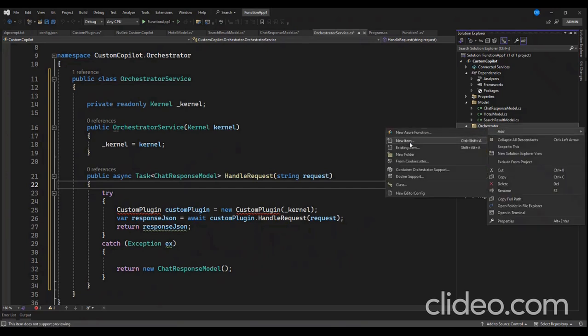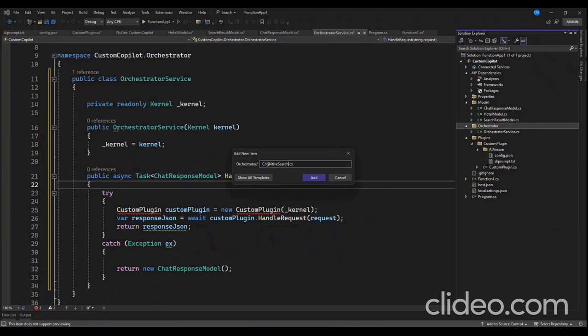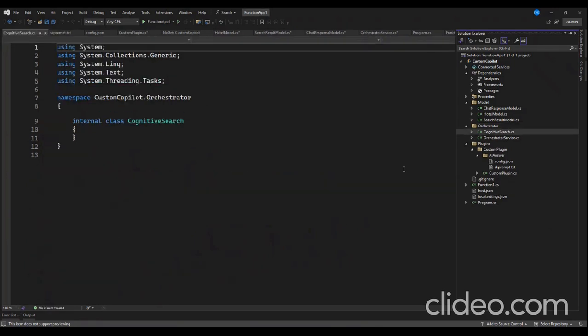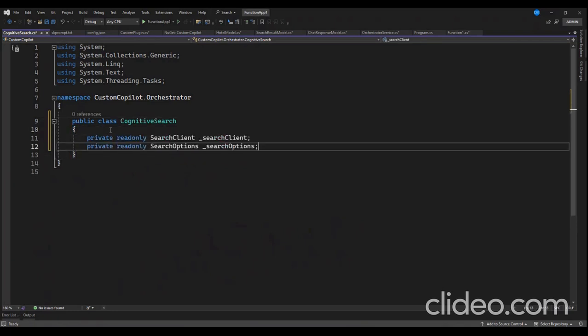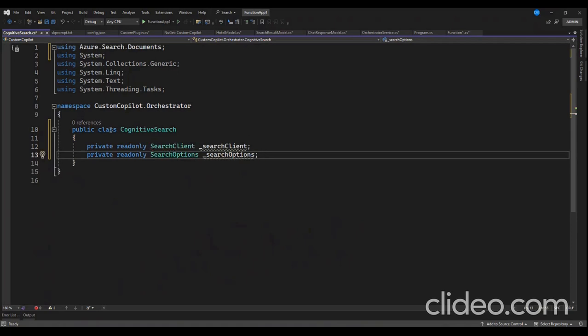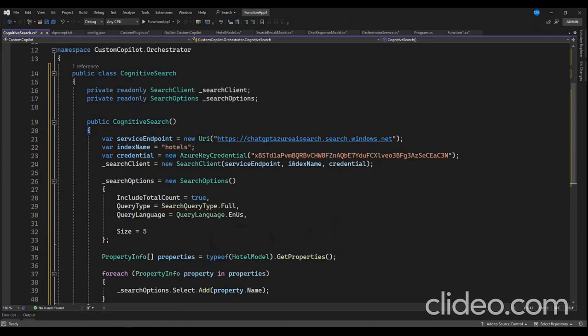So I'll go to the orchestrator folder, click on new, and create here cognitive search. I just gave the name, just leave it. This particular class which I'm going to create is going to be responsible to get the data from the Azure AI search. Right, let's create the constructor which will initialize the objects which we are going to use. So let's make a constructor, and this constructor has the service endpoint,